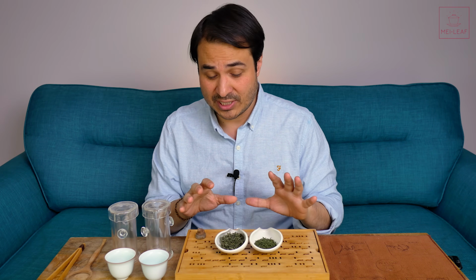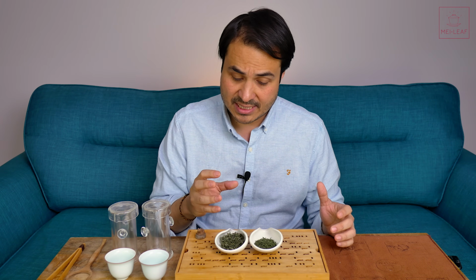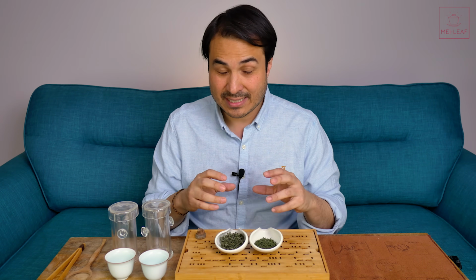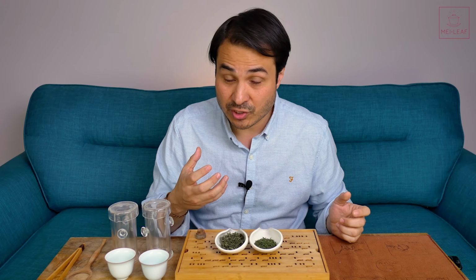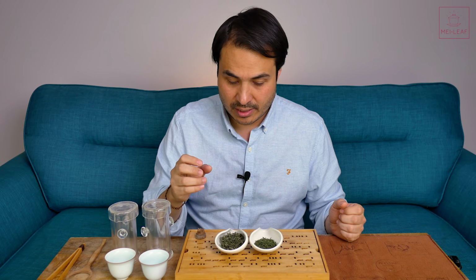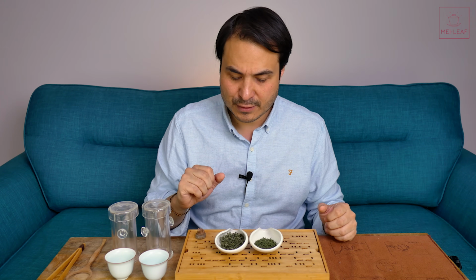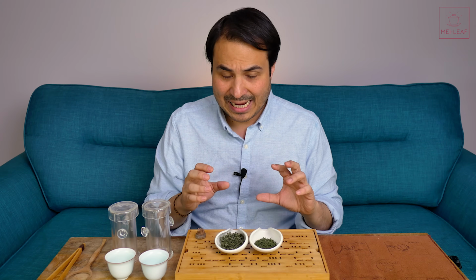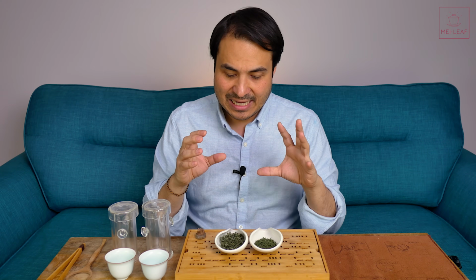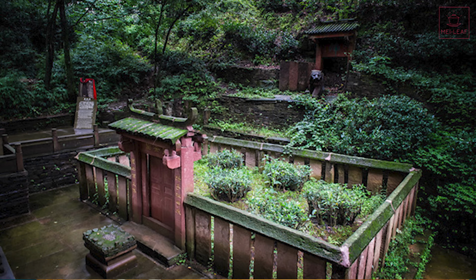This one here has a longer history. Some say it's around 2,000 years old, so Han Dynasty. And the story behind this is that this may be one of the teas that first brought about the cultivation of tea, so the planting of tea trees. There's a famous Taoist monk in China in the Han Dynasty, sort of between 50 to 200 BC, around that era of time. His name was Wu Li Zhen, and he's being celebrated in China as the first person to plant tea trees, to cultivate tea trees, and then produce this Ganlu tea from, I think, 7 tea trees